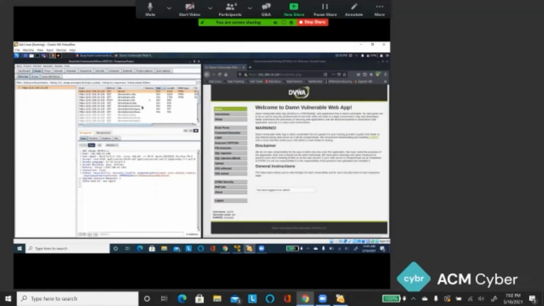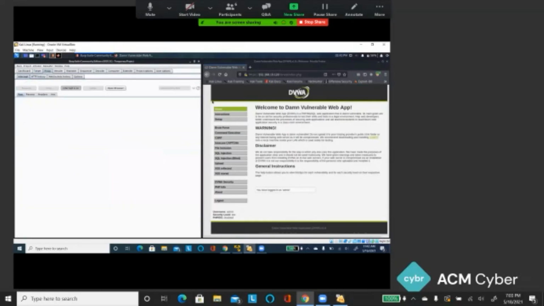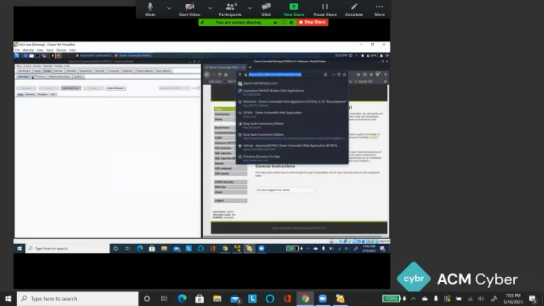So this is the sitemap. So you can go ahead and click on it. It'll render the request and the response just as if you were in the proxy and you wanted to look at your HTTP history. So now I'm going to demonstrate